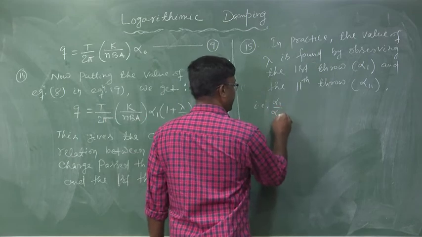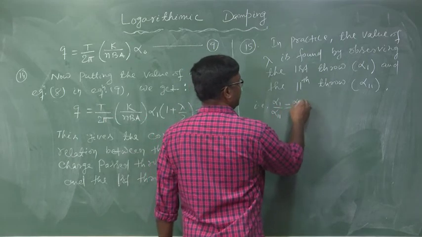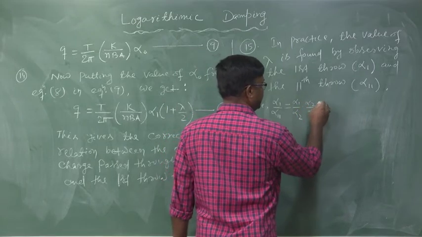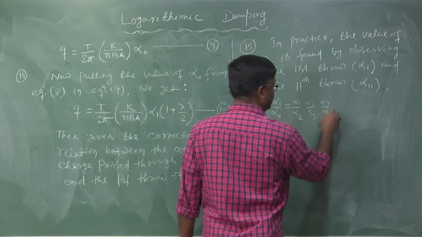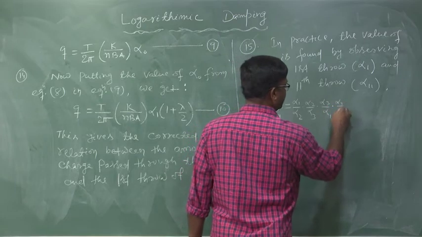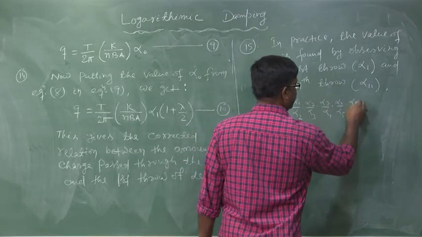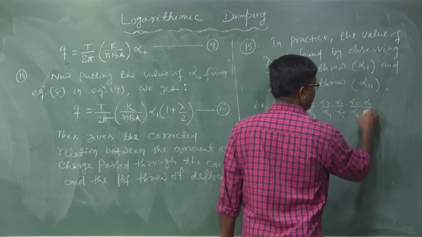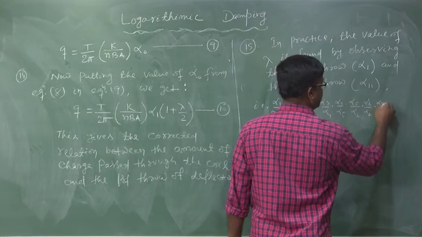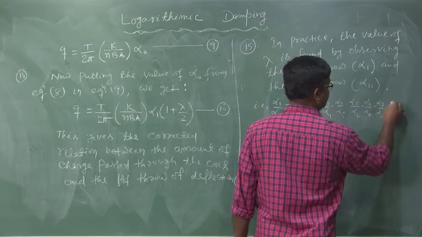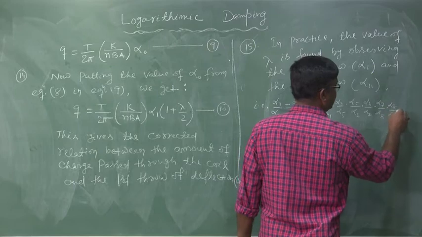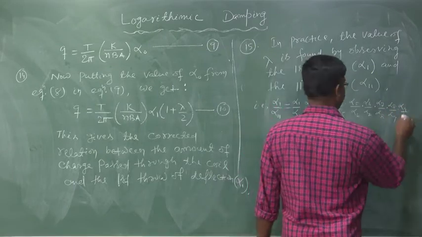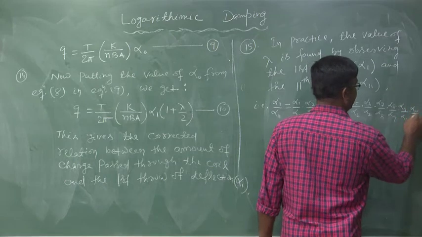Alpha 1 by alpha 11 will be like this: alpha 1 by alpha 2 into alpha 2 by alpha 3 into alpha 3 by alpha 4 into alpha 4 by alpha 5 into alpha 5 by alpha 6 into alpha 6 by alpha 7 into alpha 7 by alpha 8 into alpha 8 by alpha 9 into alpha 9 by alpha 10 into alpha 10 by alpha 11,